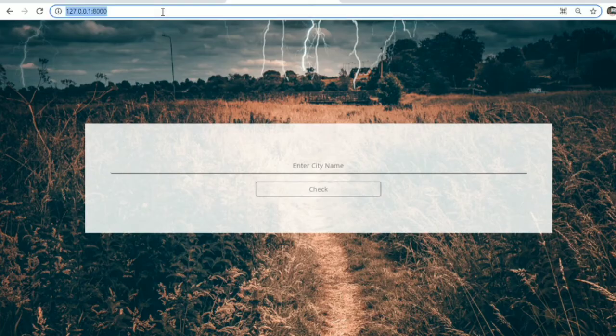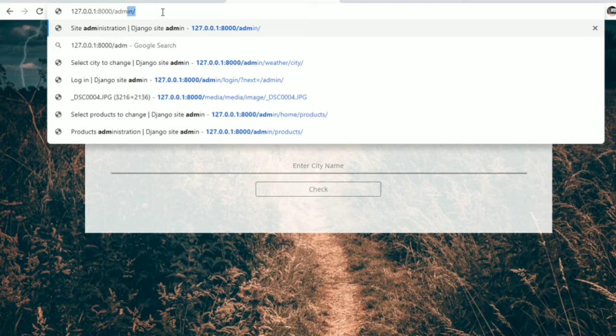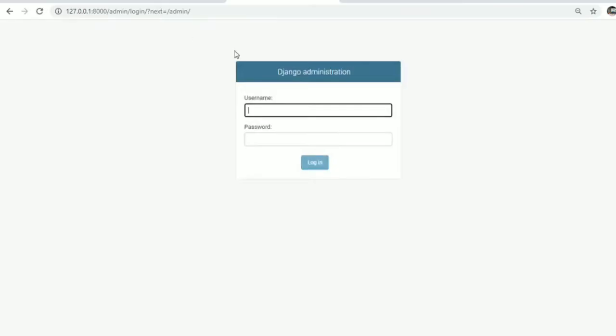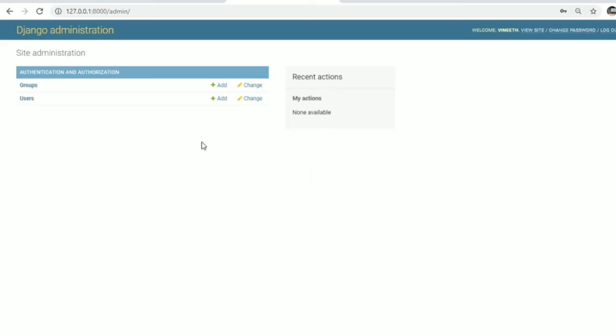The code is running, and I need to access the admin page here. I will go to admin. It's asking for username; I have given Vineet and password 1234. Let's log into this page.